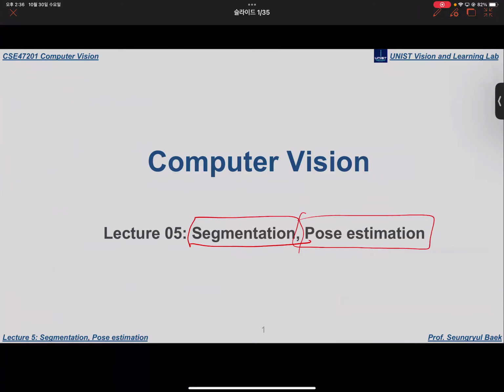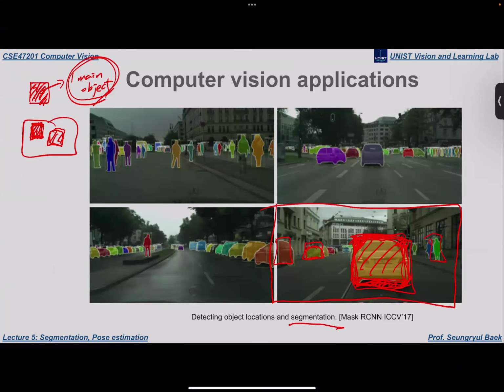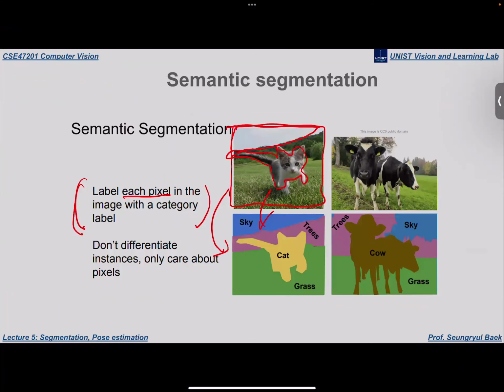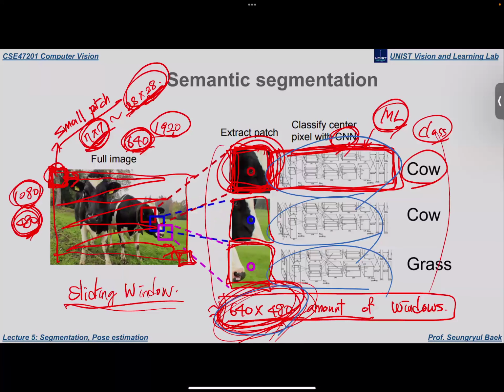So in the last lecture, we learned about how to implement deep learning networks for semantic segmentation and also pose estimation applications. For semantic segmentation, we have to predict the pixel-wise class. I think this is the most naive way to implement a semantic segmentation algorithm using a machine learning algorithm. So indeed,